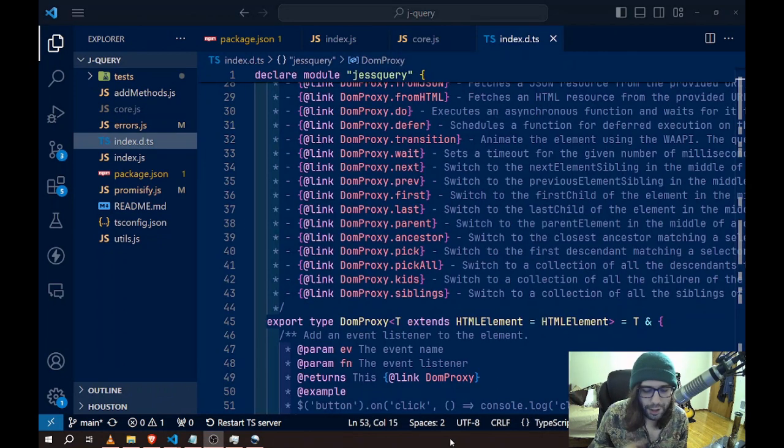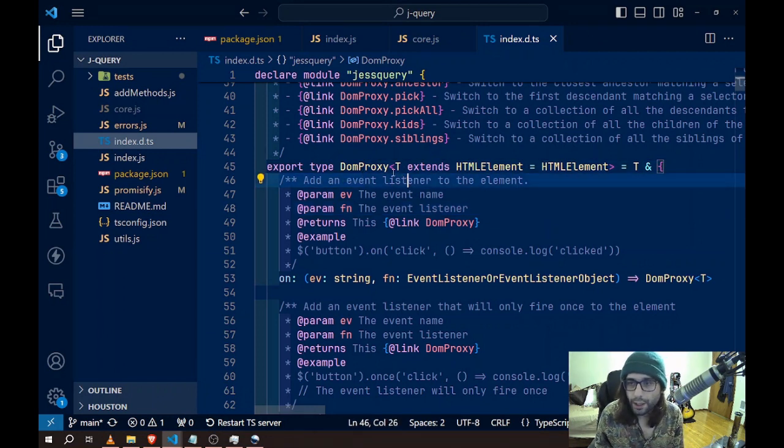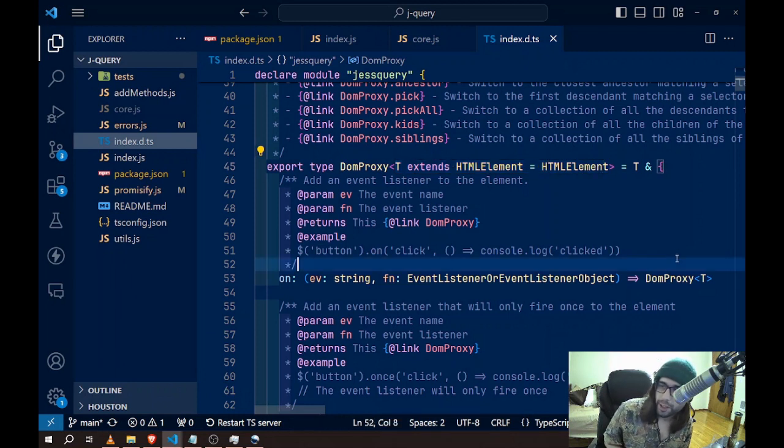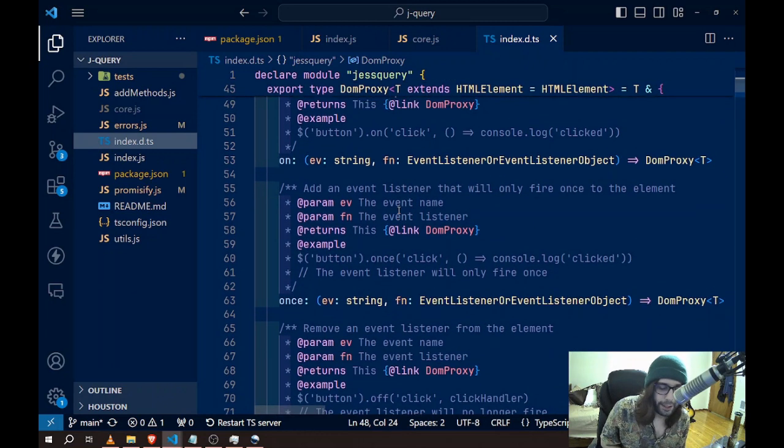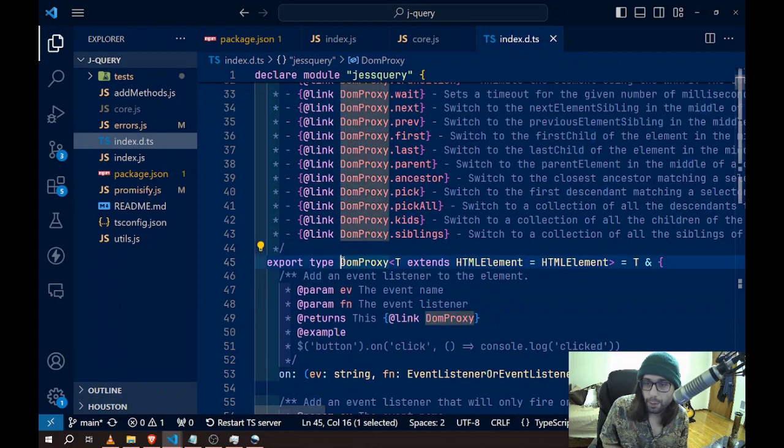And well, I might as well finish talking about the types while I'm at it because it helps you understand the general structure anyways. So as you can see here, we have the DomProxy, which has a generic that extends HTMLElement. And by default, it is an HTMLElement, which takes that generic and then extends it with all of these extra methods, as you can see here. And that way I can just lean on TypeScript knowing that you're working with HTML elements, a single element with